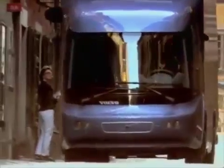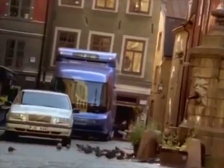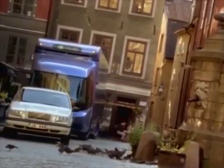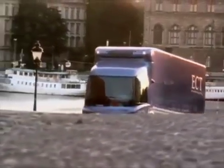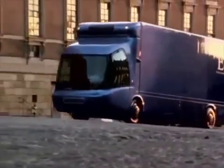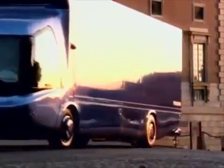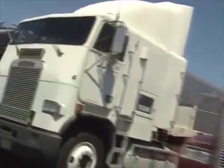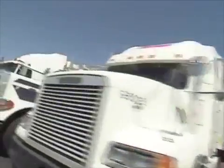The ECT also has front and rear wheel steering, which allows for easy handling. You can in fact park by just engaging the sideways steering action, and the vehicle will crab sideways in alongside the curb. The reality is that ECT may never be manufactured as a production vehicle, but many of the ideas and technologies that it explores will be incorporated in trucks in the next millennium. Although the design of the truck may change over time, it will always be an indispensable workhorse, tough, reliable,